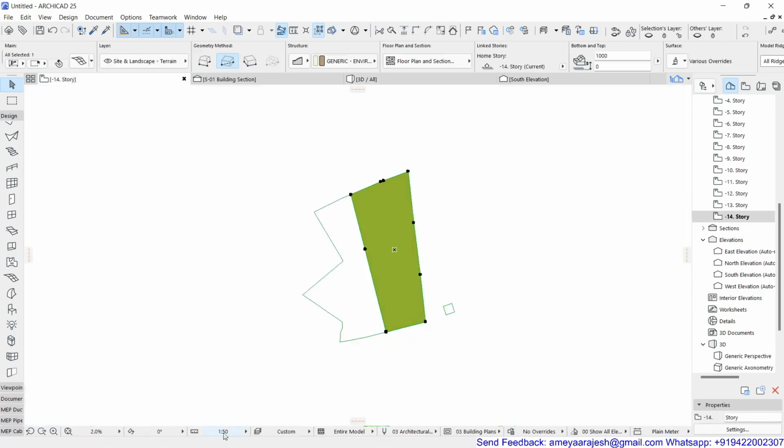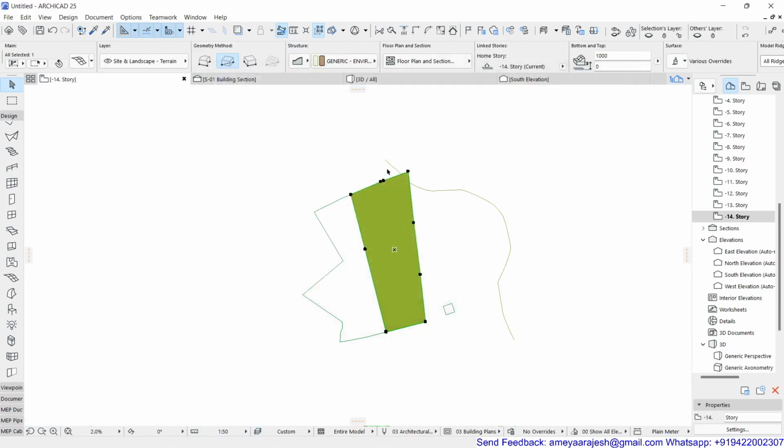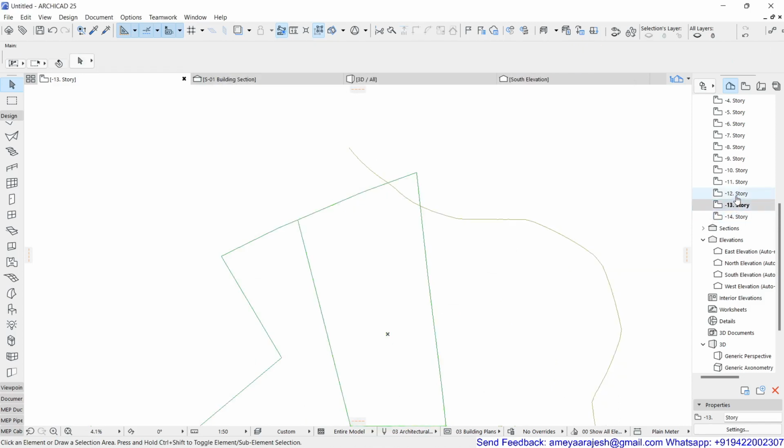So even you can now turn this on and check out, if you work with a 3D contour, you will see each contour is passing, not from one location, I can say it's actually as per the story you can see the development.